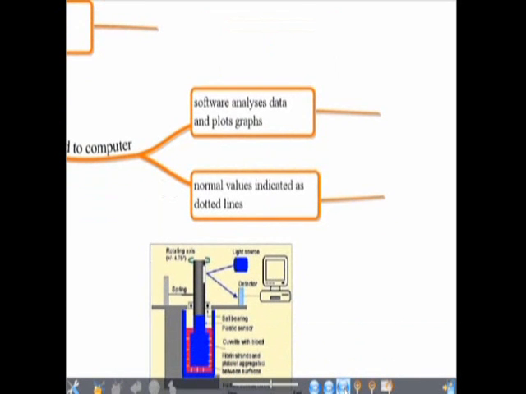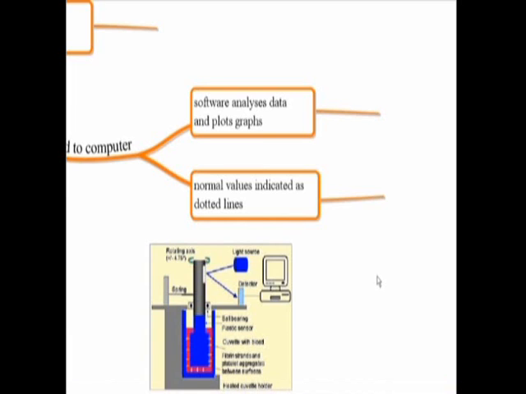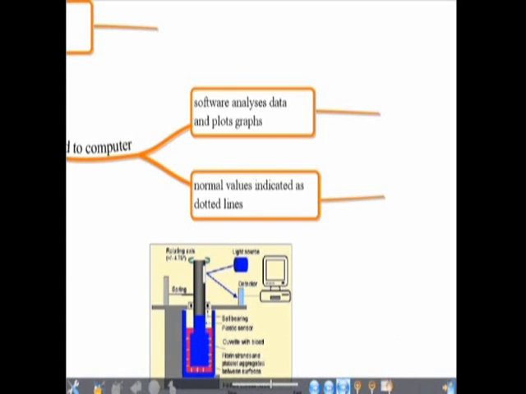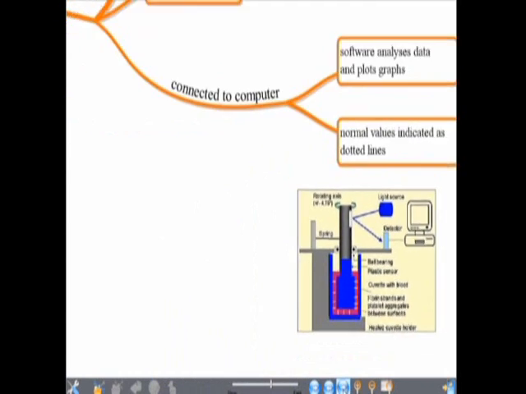The normal values are indicated as dotted lines, so it's pretty much like a blood gas. It shows you what the normal ones are, and it shows you how much of a deviation you'll have on your sample, or how normal your sample is. The method